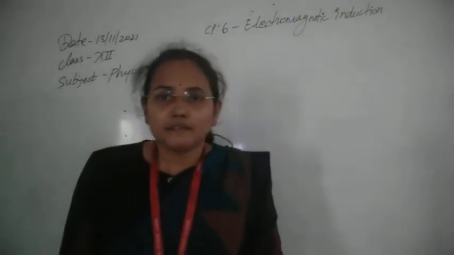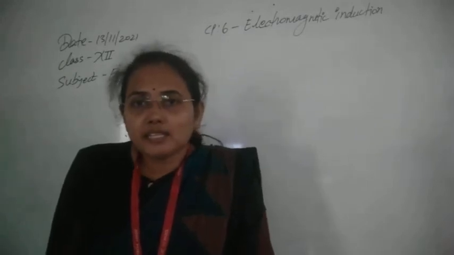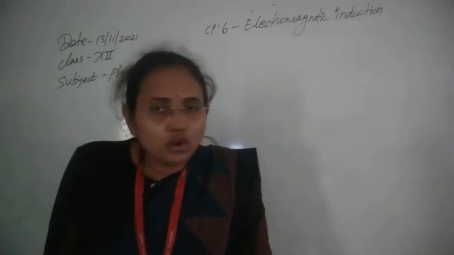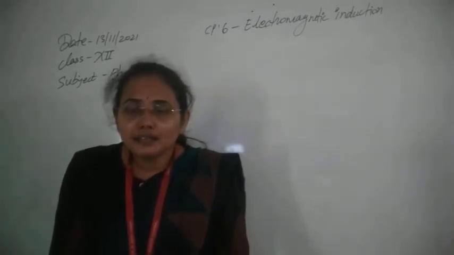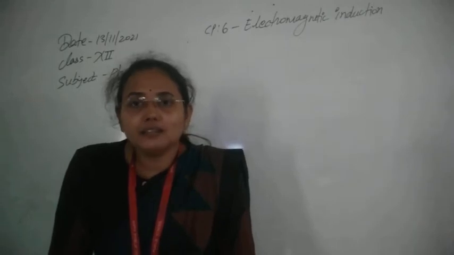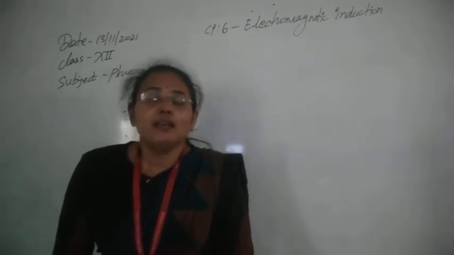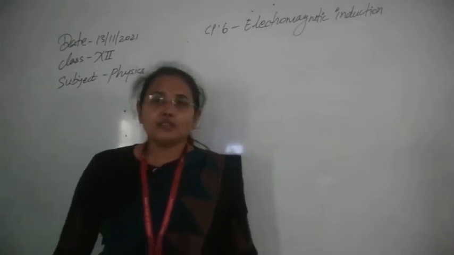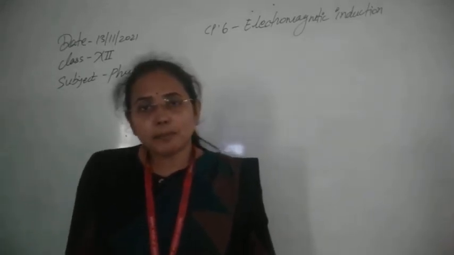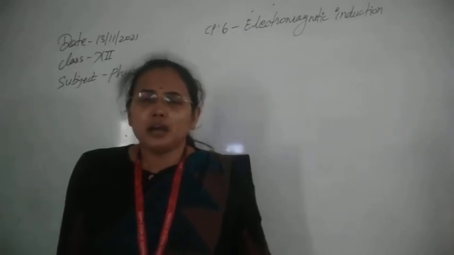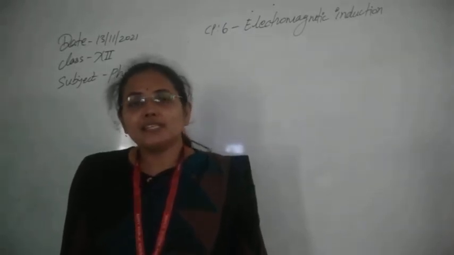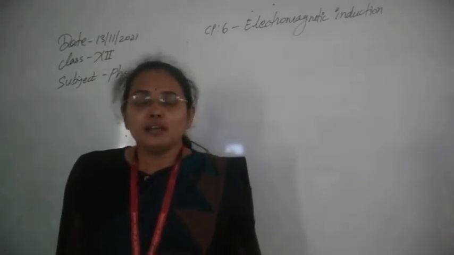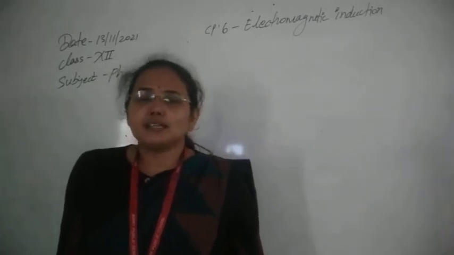In this chapter, if we divide it, there are very few topics, but they are very important and broad. The first topic is what electromagnetic induction is, and what law tells us about it. Later, the methods of production of electricity. Fourth, self-inductance, the mutual induction property, and its applications. You can discuss the AC generator and transformer here also, or in the AC chapter. Both we can discuss here or in the AC chapter. So we will discuss them in the AC chapter.